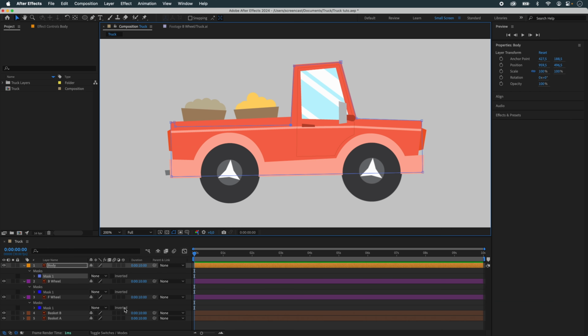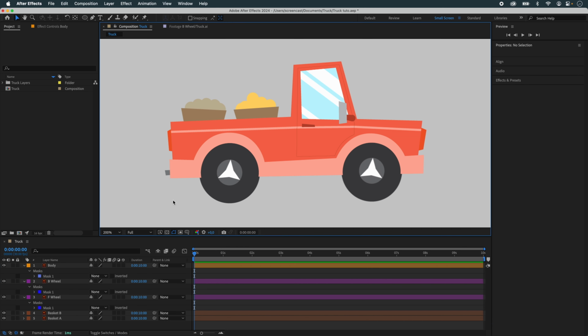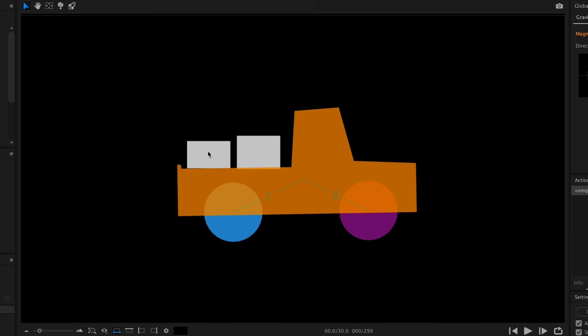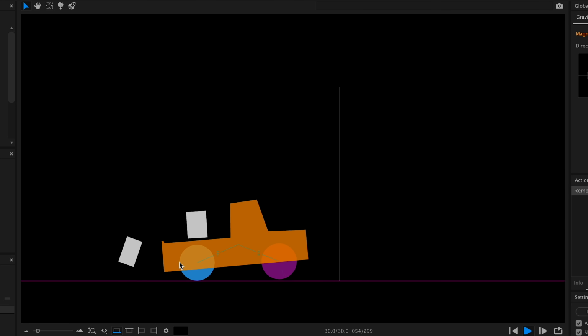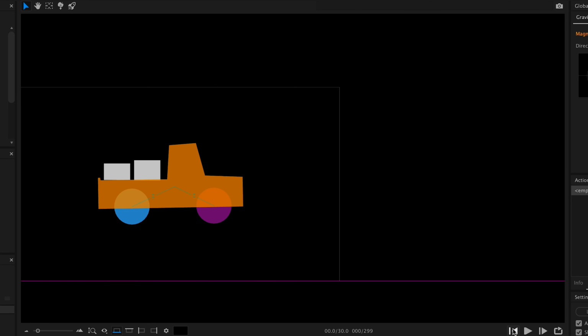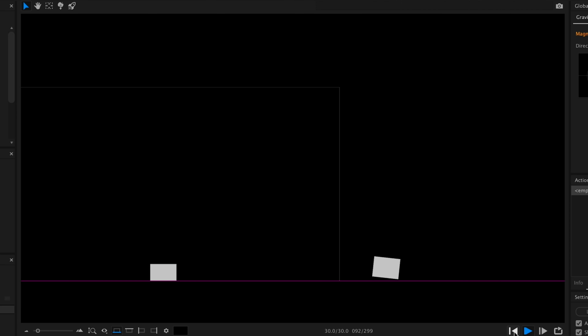If I add it again, you'll see that I have the background here. But this background is actually virtually hidden by the bodywork. So now I'm going back into Newton, and now I've got my trunk. Let's see what happens if I don't change anything. It's funny, the baskets are abandoned on the road. There, that's not bad. Let's render.